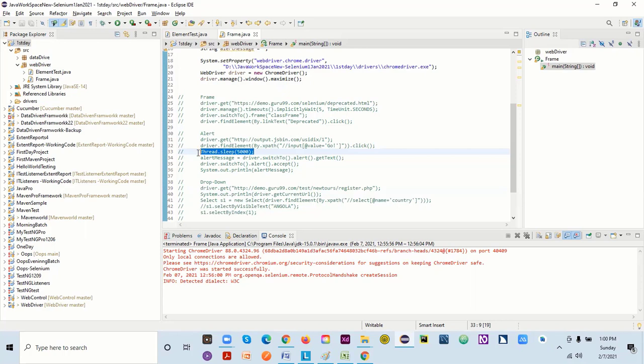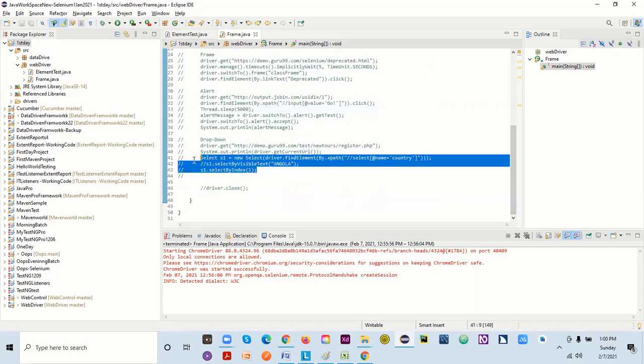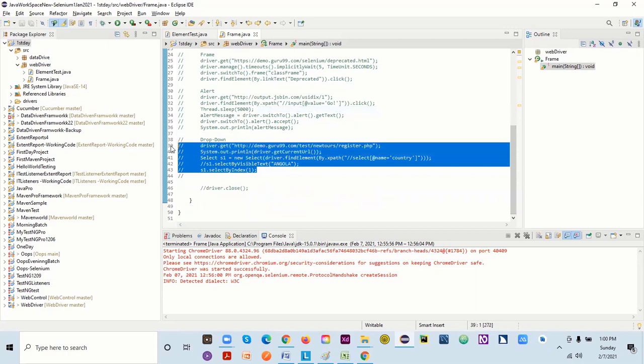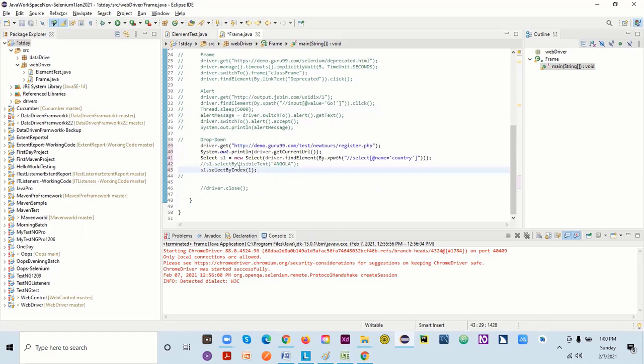Also, we can use one more thing here. Let me uncomment this one more time. Let's say you select some value by index. This XPath is just for the drop down.